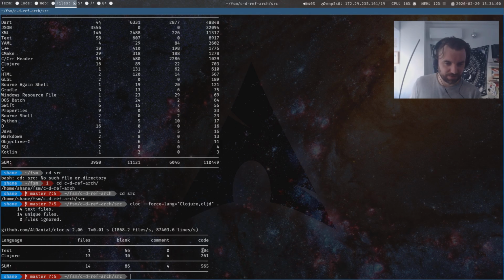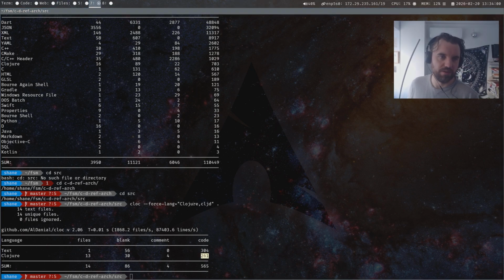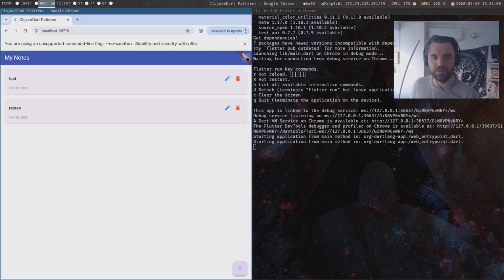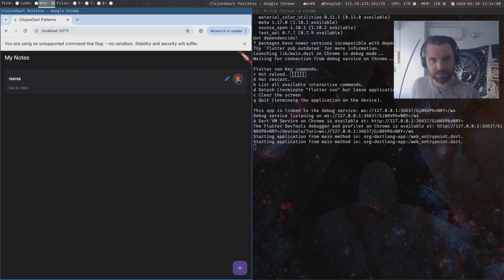So it's just over 300 lines of code. Oh no, so that's text. It's 261. So 261 lines of code to get this app, with its routing, setup, its persistence, its full CRUD functionality and stuff. I think that's really good. I've never seen any framework that could do that much with that little amount of code.